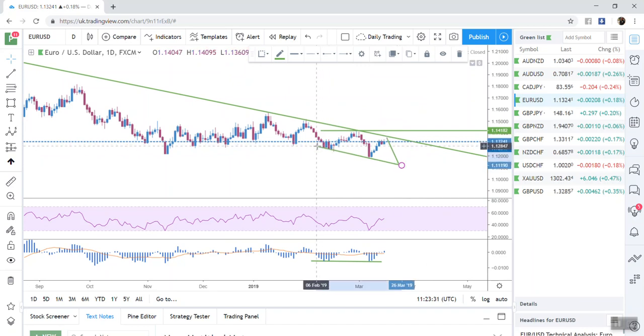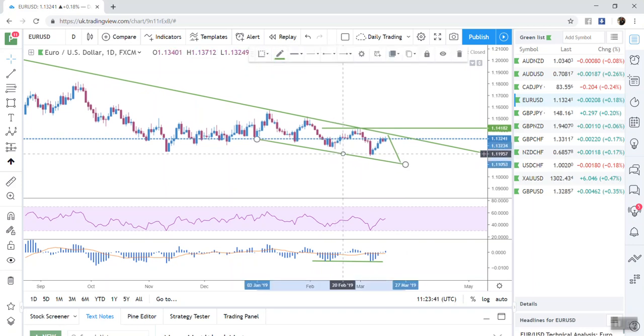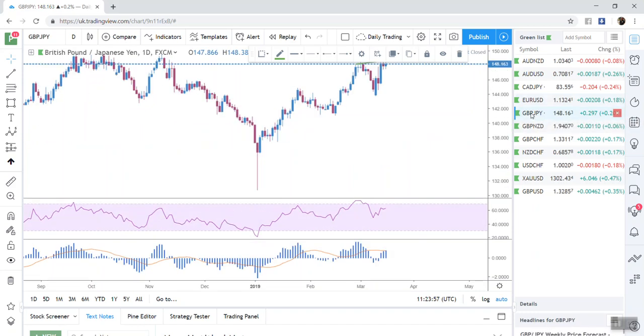You can actually see we've got a nice channel forming from here. If you take the angle of the huge daily trend line here, you can see we've got a nice perfect channel here. So that's Euro USD, pound JPY,